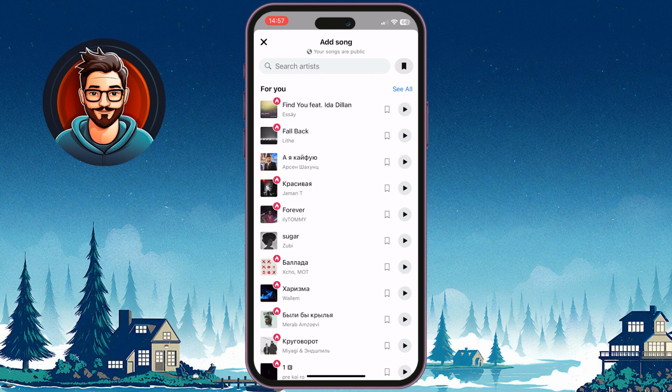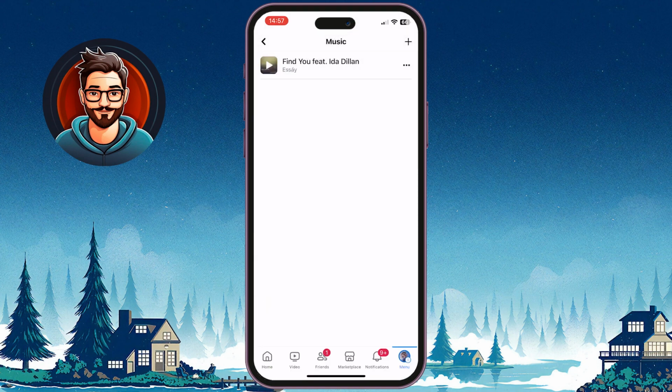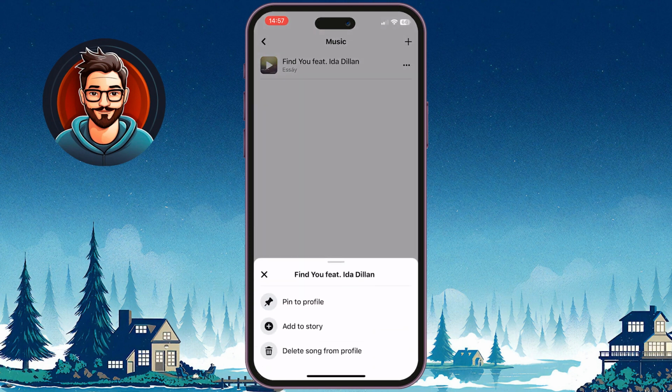Simply choose the music you like, tap on it to select, and then close this pop-up menu by tapping on the cross icon. Once the music is displayed on the screen, tap on the three dots icon beside the target audio and select Pin